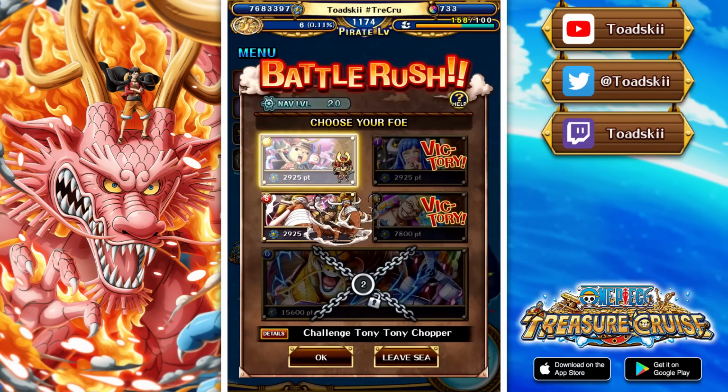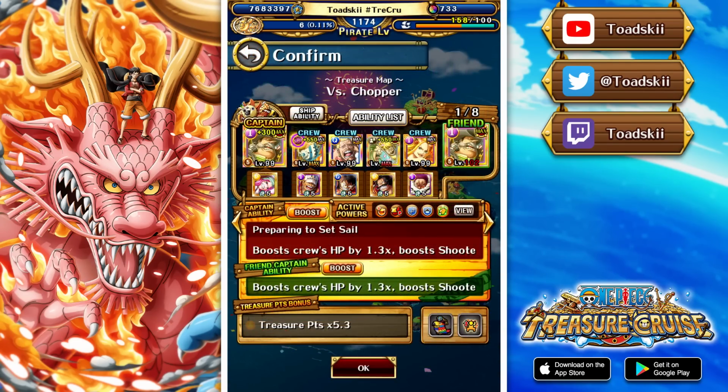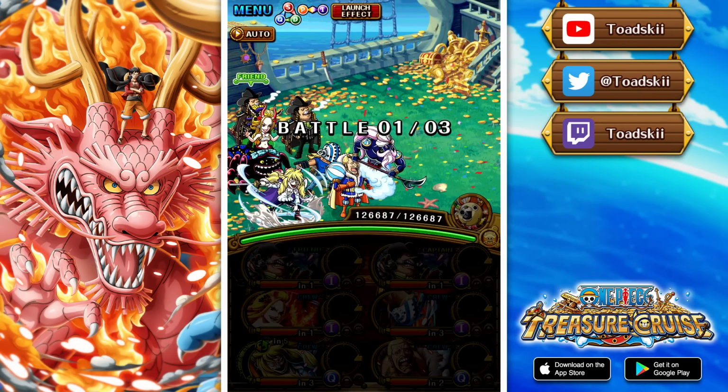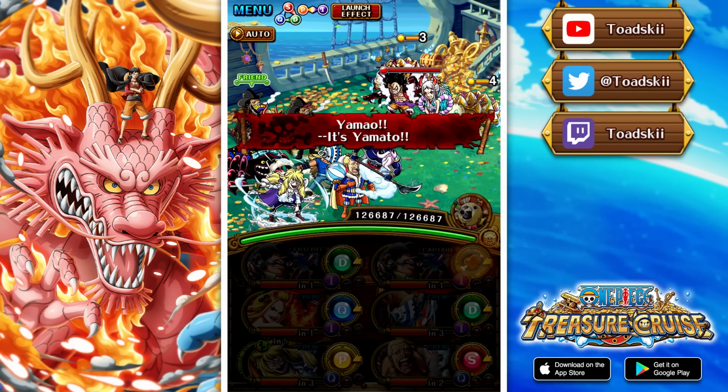So we finally made it to the end of this map, and this is probably the easiest fight that you're going to be coming across, which is the Chopper fight. The recommended characters literally deal with everything, and the good thing is the characters they are suggesting are free-to-play. You got Capone from the previous map, which deals with a lot of the gimmicks,